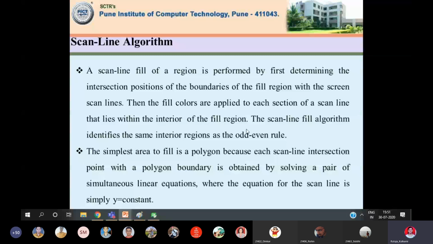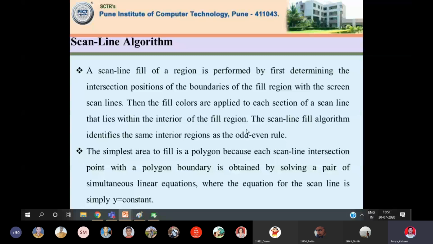Another drawback, this is the major drawback, for a large polygon it won't work properly. Sometimes if an inside pixel is already filled with the filled color, then the branch gets terminated there itself, and further branches will remain unfilled. These are the two drawbacks we have seen for seed filling.